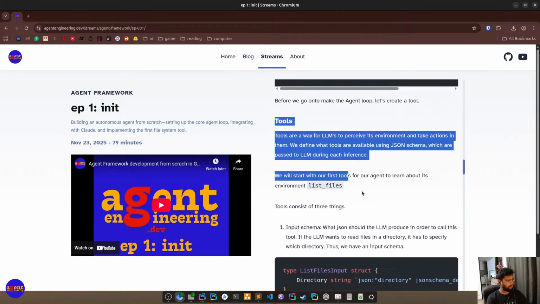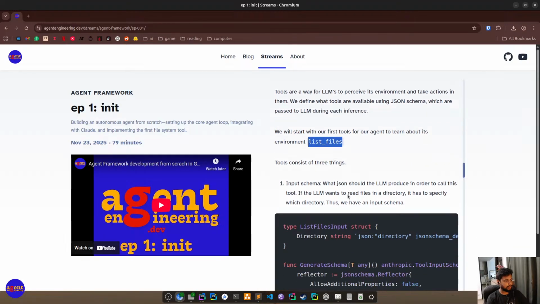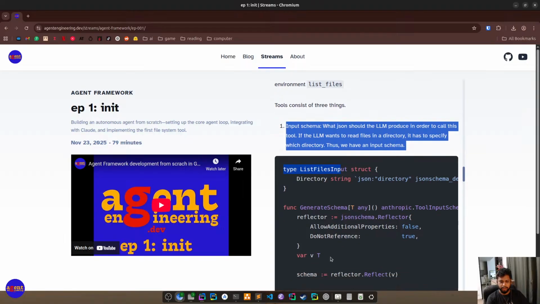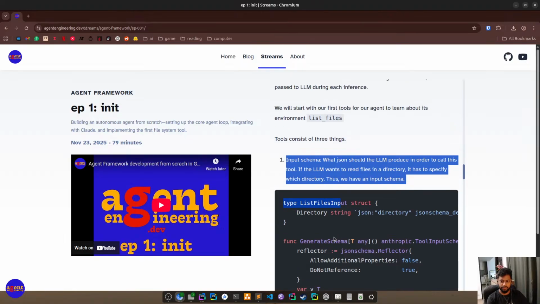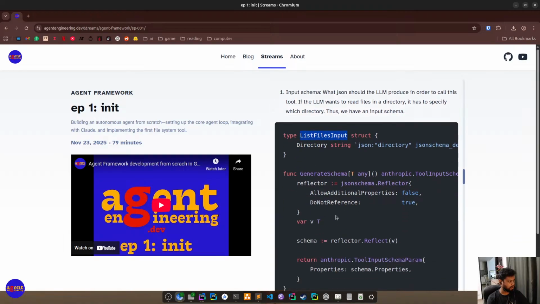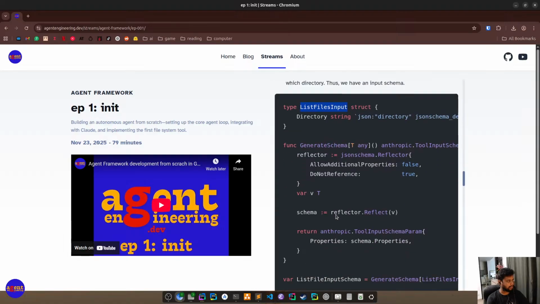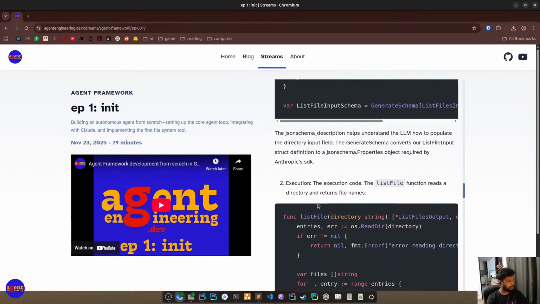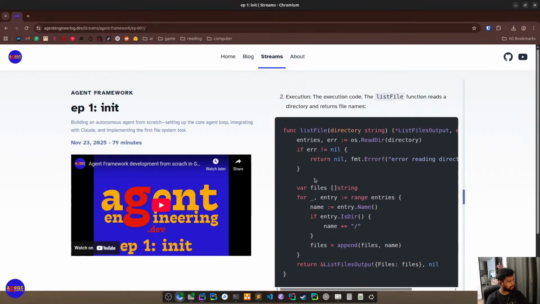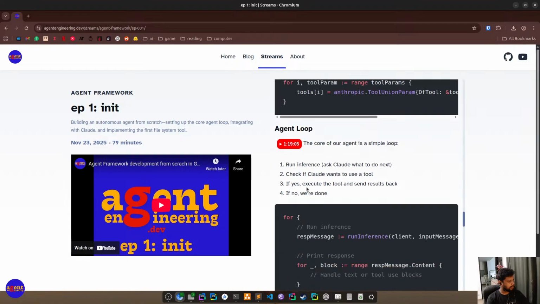Then we went into tools and we developed a tool called list files. I'll not go into the details here because we are continuing to develop tools in this stream as well. Quickly, what we did was the list files tool, where the agent can read files in the current directory or in the directory it chooses to. And then the final thing we did was the